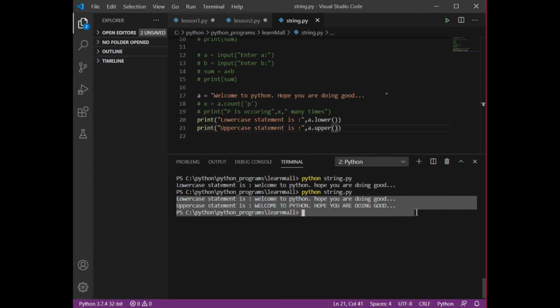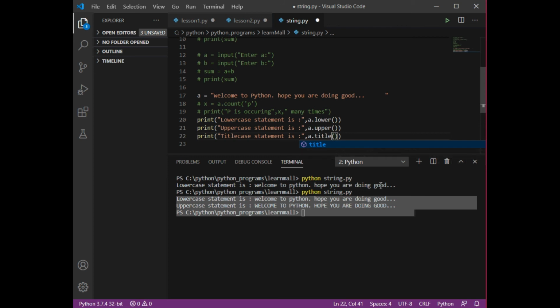Now let's just make a change. Let's write down P as capital here, W as small, and H also small. Save this. Now I'm going to use that title function. I'm going to use this statement again, and here I'm going to use title, a dot title.